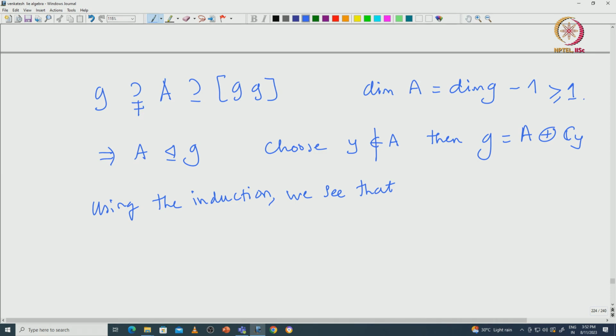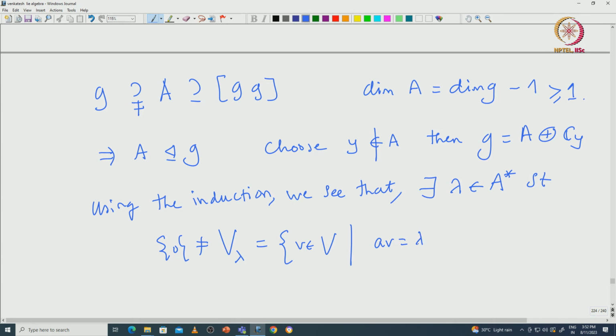Since A is an ideal of G, A is also solvable. So, that implies there exists lambda in A star such that this V lambda is non-zero, that is, those vectors in V such that a v is lambda(a) v for all a in capital